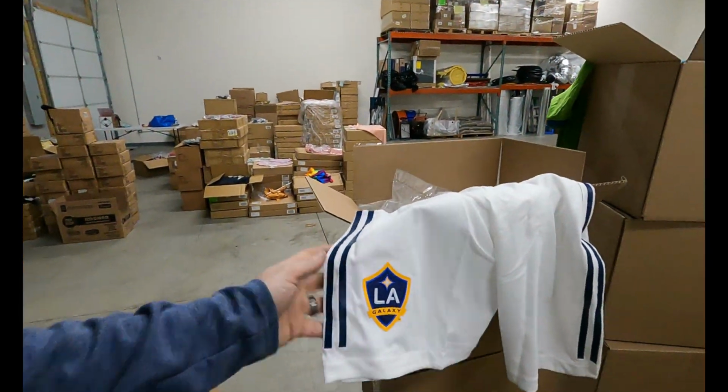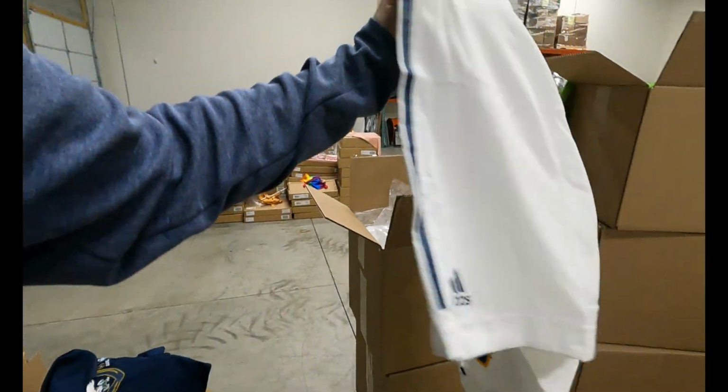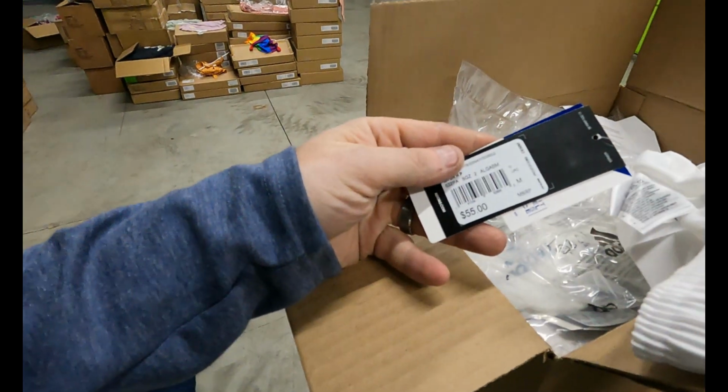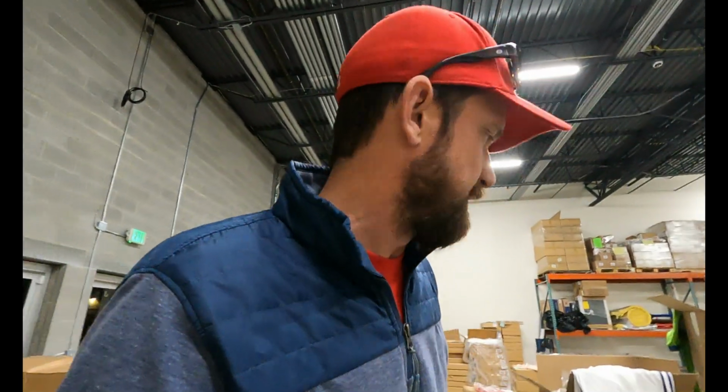And you look at these LA Galaxy on-field custom shorts, Adidas, authentic, and check this out. One pair of shorts is $55. So you're looking at over $1,200 worth of stuff. It's crazy how cheap this is, but I got it for cheap enough that I can do that. So if you're interested, I could sell all this online and make a killing,